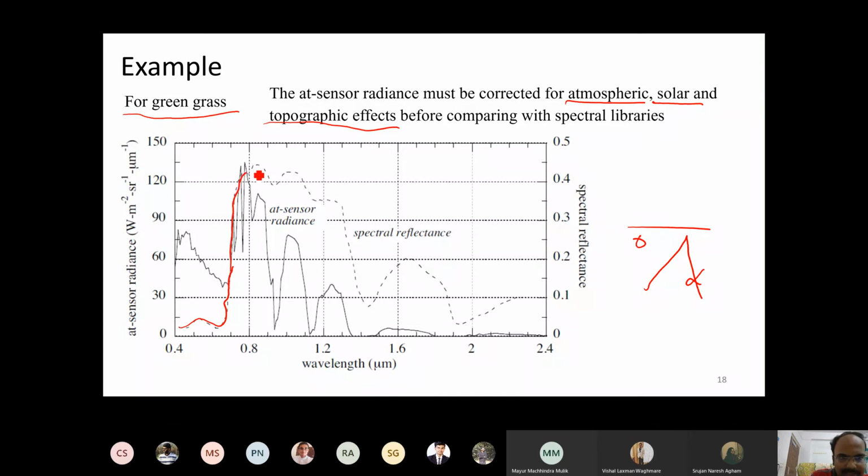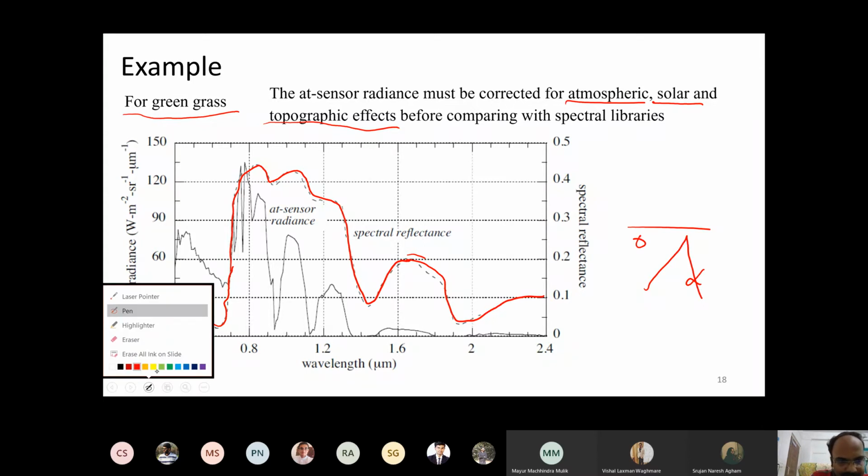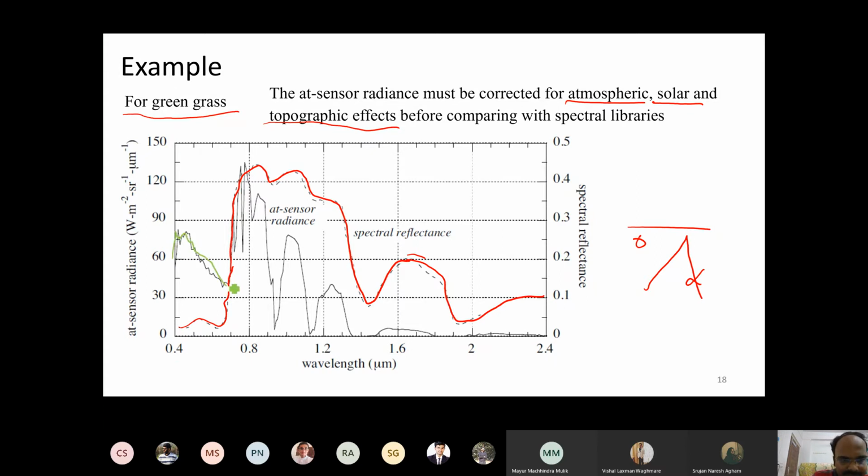Whatever is given in the dotted line, if the curve is like this, we can easily say it is vegetation, and somehow we can say it is grass by using different clues. On the other hand, what will reach the sensor will be totally different. What will reach the sensor is essentially this line. This is just one modeled component, it may not be true for all cases, but I am telling it just as an example. What you should observe is that what reaches the sensor is entirely different from what is actually expected.